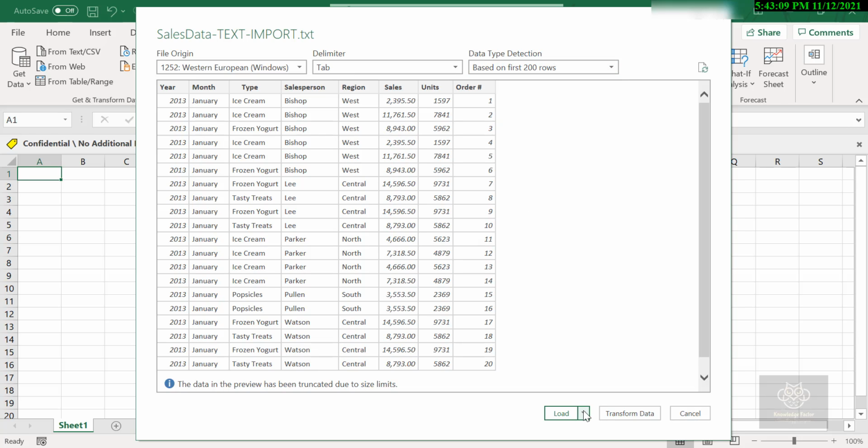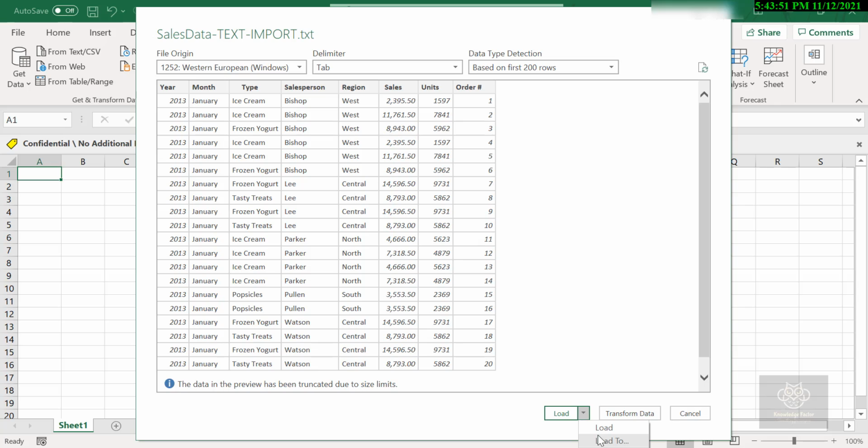Now, in the lower right corner, I have a few options. I can use Load To, right? Those are the two options there, where I say, hey, create a table and dump it into my Excel worksheet. I'm working on a brand new blank workbook here with a single sheet. Or I can go into Transform Data, which would open up a secondary interface, Excel Power Query, where I can start to transform the data and clean it up. All sorts of operations inside there. So if you haven't gotten into Excel Power Query, I highly recommend you take a look at what Power Query is all about.